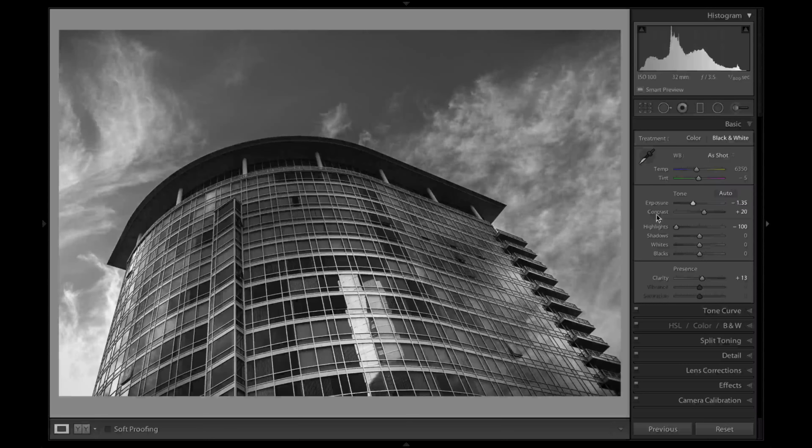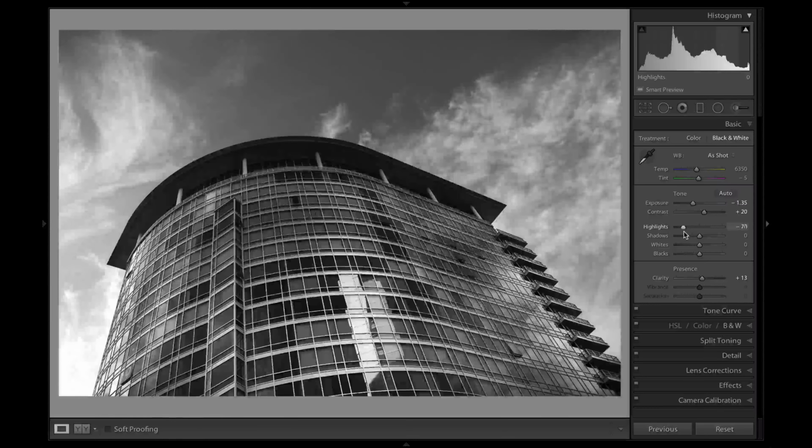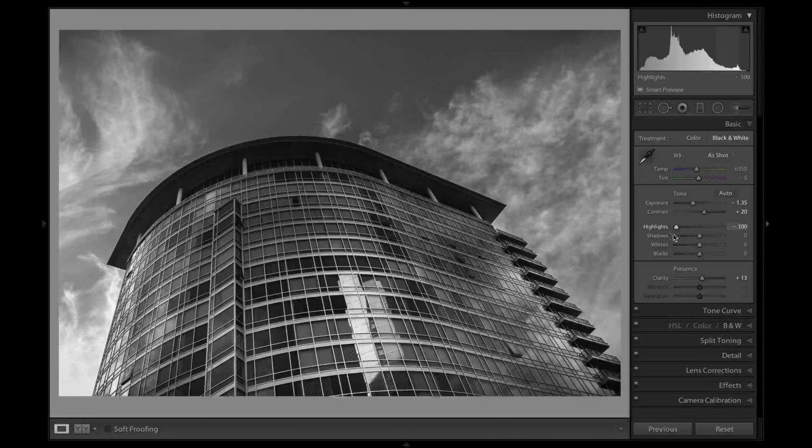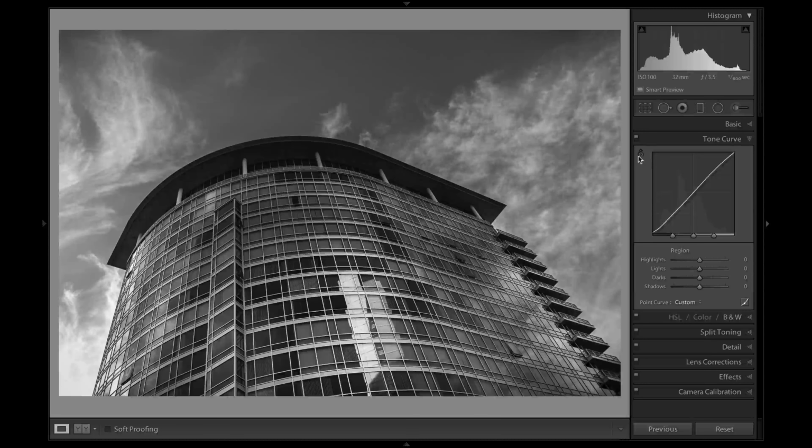All right, so there we go. That already brings down some of the detail. Oops, I guess the highlight I didn't reset. So they could bring down those highlights as well. Clarity is up. The tone curve, this is one of those spots where you can either go through this way, and you can adjust it using the slider here, or you can go ahead and say, okay, I want